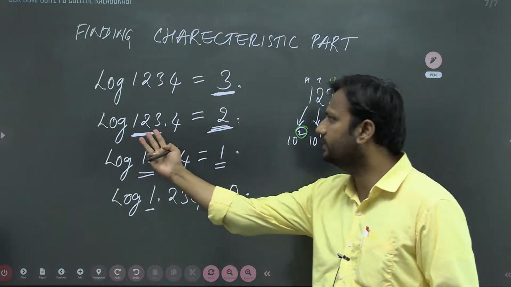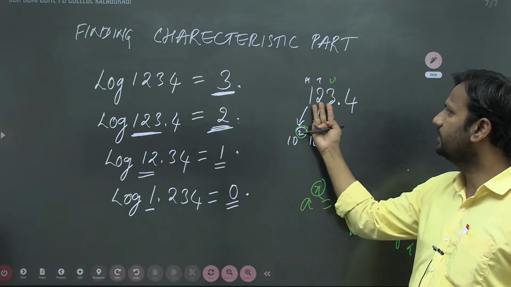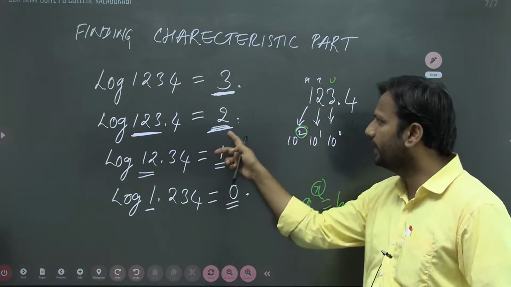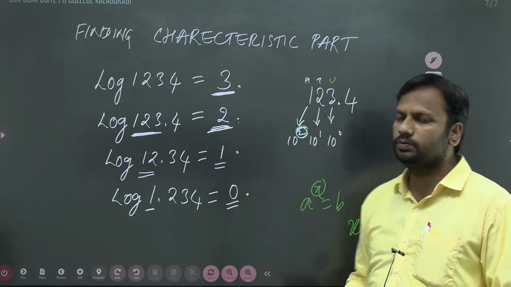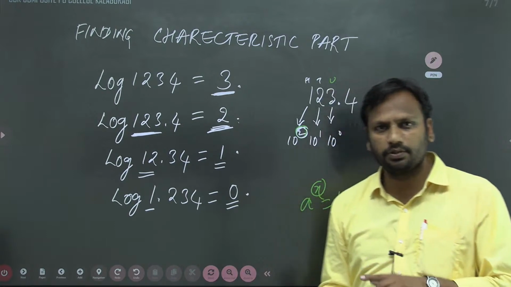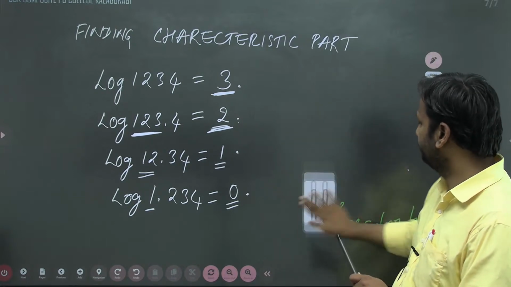Got it? If it is a 3-digit number, 123 is a 3-digit number. What do you get as the characteristic part here? The power will be what now? 2. So this is the reason, students. In the same sense,